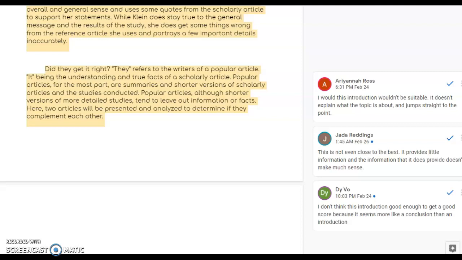One of the goals here is to presume an audience that doesn't have the assignment, hasn't read the articles, such that you can still give them a reason to read it, okay? And that is something that we saw in that other one. It contextualized the issue. We don't know whether or not we can trust the news. That's something that anyone, whether they've seen this assignment or not, would read and say, oh yeah, I can understand this. This one totally lacks that level of context, and that's why it's really problematic. So, when it comes to introductions, think about using them to contextualize, to identify the situation that you're trying to bring your reader into, such that they have an interest in reading.